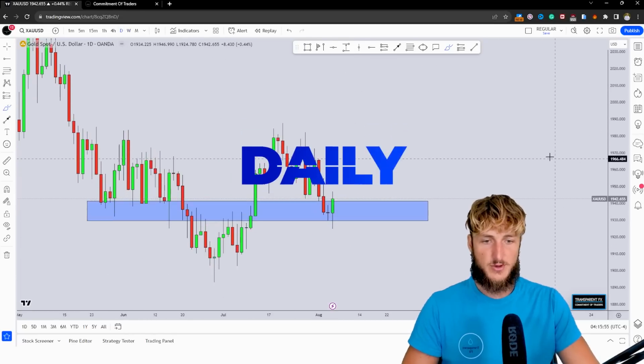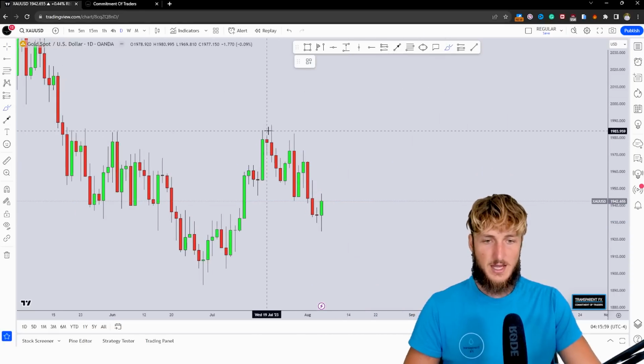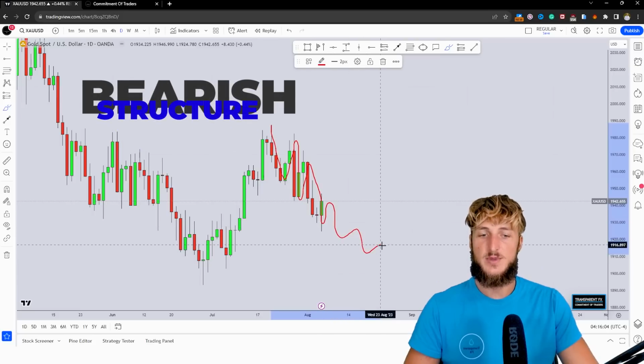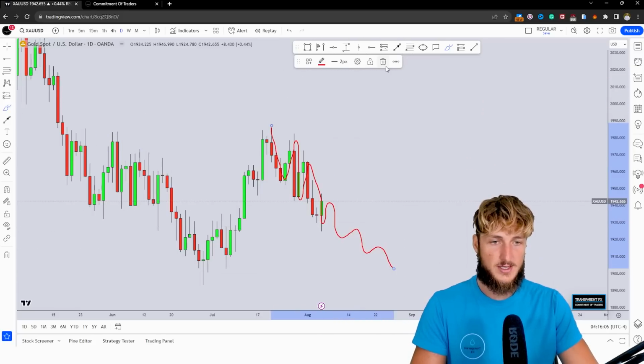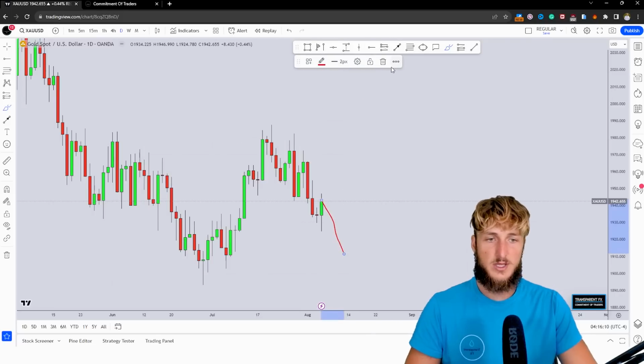Dropping down on the daily time frame, what do we see? Now here on the daily is where we have some problems. In fact, from a daily perspective, this market is still bearish with bearish structures since it has been creating lower lows and lower highs. Until the market will continue creating lower lows and lower highs, we could simply expect more